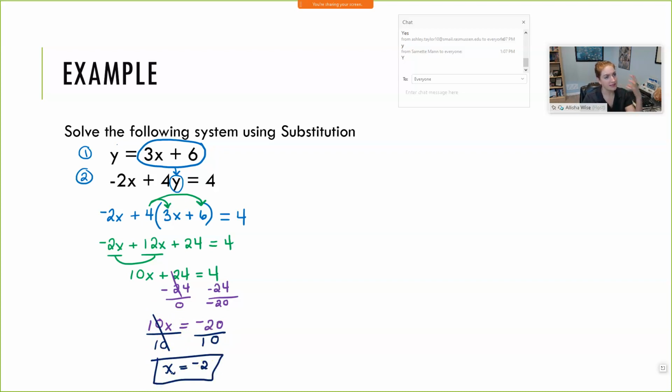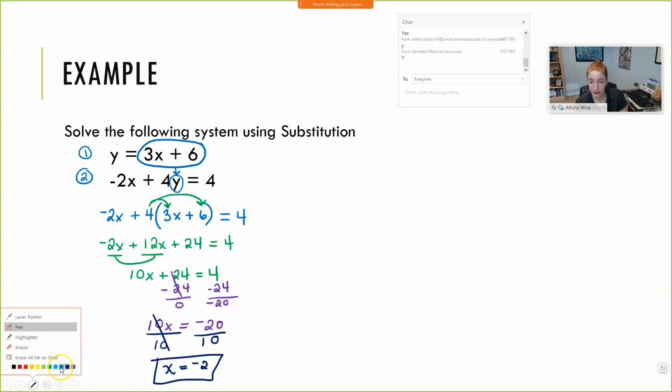Any questions on the solving part? Hopefully that's a lot of review. Are we feeling confident about the solving? Once you find one variable, now we're going to solve for another one because remember you want your x variable and your y variable. You need both of them. So if we have one value,